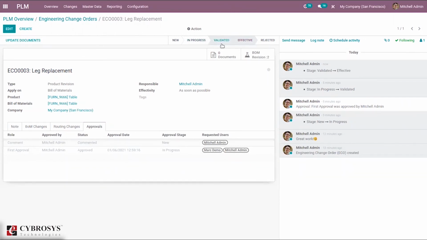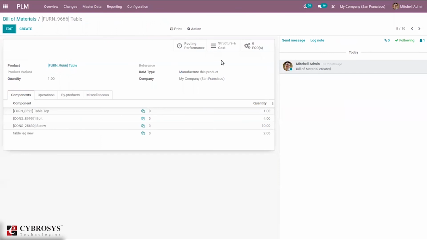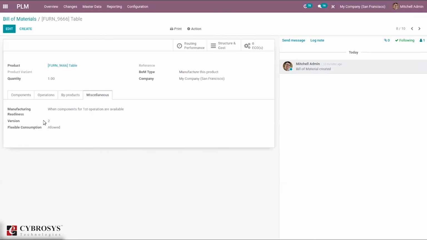When you apply the change, it is automatically moved to the effective stage. Now, when you check the bill of material, here we have our table. So now we can see the components are changed here, and under miscellaneous, you can find the version is changed